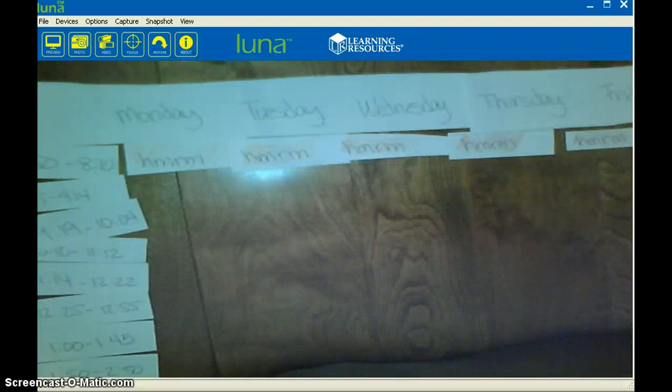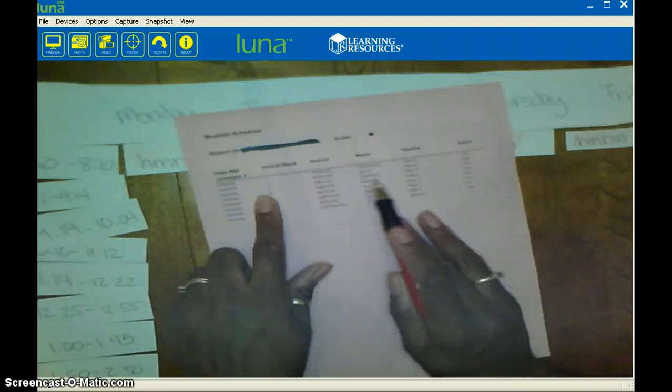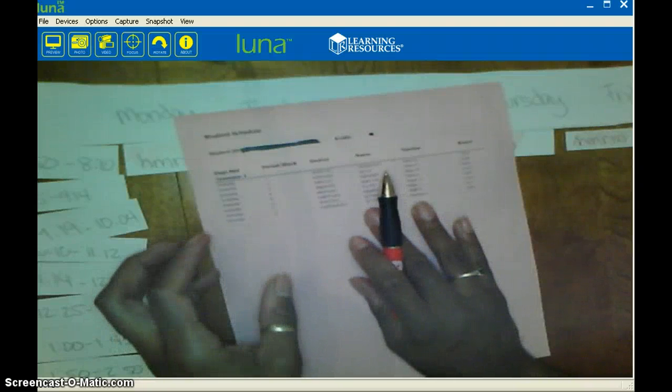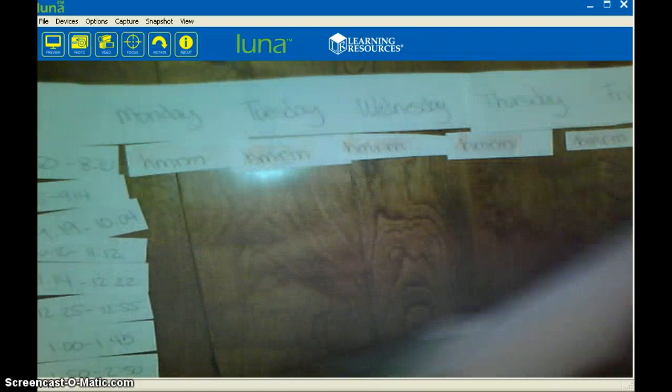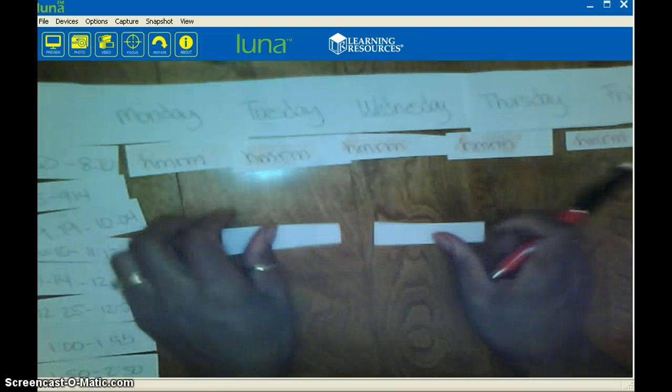Let's talk about another part of your schedule that doesn't change. Your 3rd period special. So let's go ahead and look at the generic schedule that is in front of you. And you can see that 3rd period, for where there's a number 3, this person has health and wellness. So we're going to take 5 strips, and we're going to write 3 for 3rd period, and we're going to write health and wellness. So please take 5 strips,